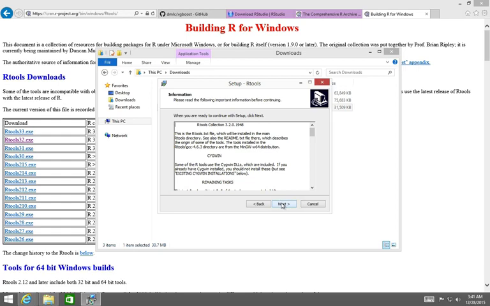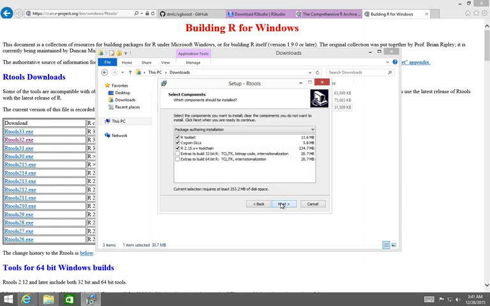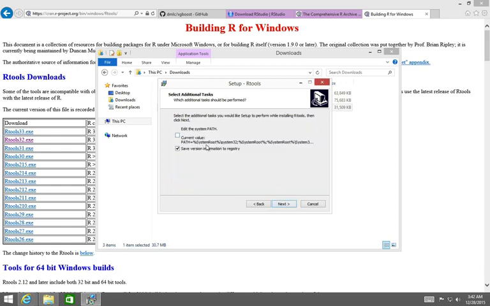Sorry, I accept the English language, obviously, because that's the language in which I speak. Again, you can change where you'd like to put RTools. I just stick it off of the C drive just because I've really had no reason to put it anyplace else. Now, you can add extras if you're going to build R itself. For the purposes of this particular video, we're not going to worry about building R itself, so we'll just accept the defaults here. And I would heartily suggest adding RTools to your path,